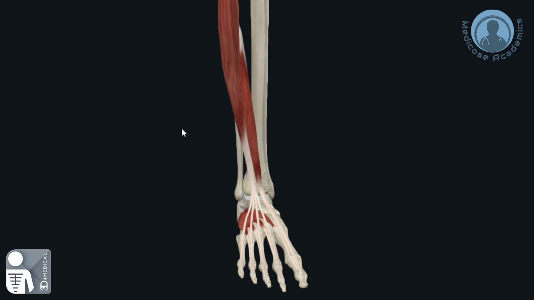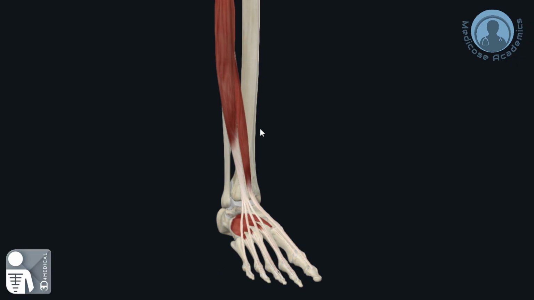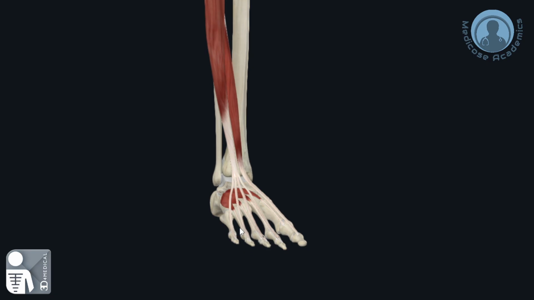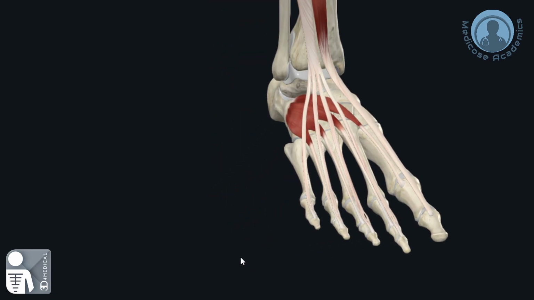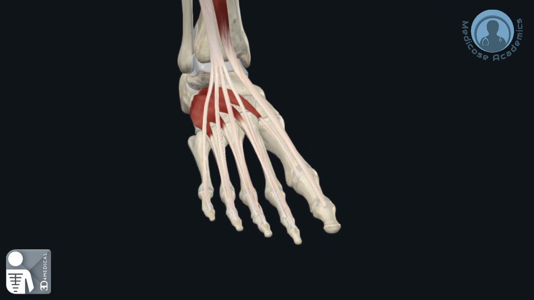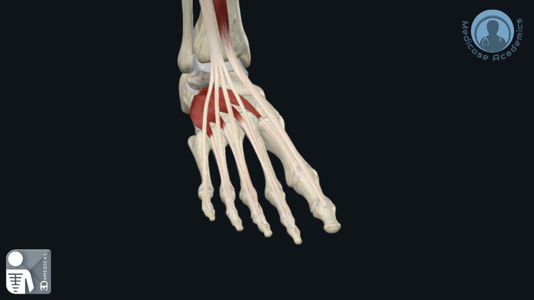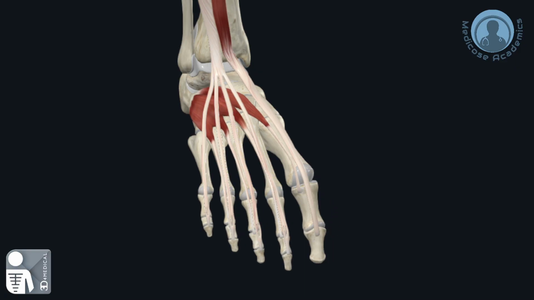Now let us move on to discussing its function. As you might have guessed already, they are responsible for extension of all the toes other than the big toe. So this is the flexed or plantar flexed position. This is called the dorsiflexed position. This is brought about by extensor digitorum longus, and as opposed to the hallucis longus,